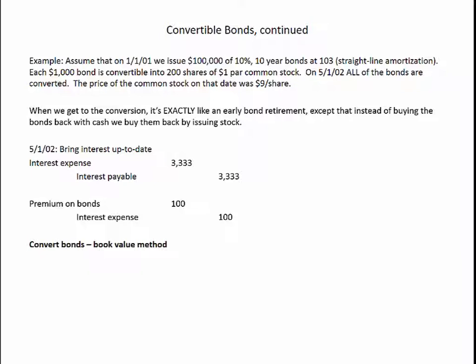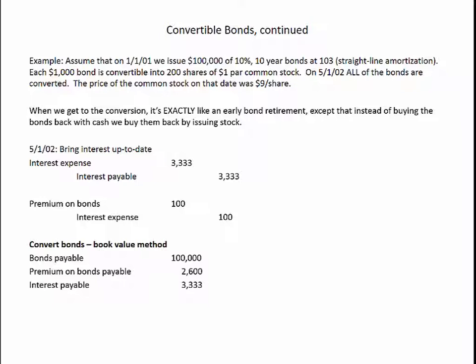Just as we did when we reacquired bonds for cash, we have to take the bonds payable off the balance sheet. We're going to take the remaining premium off the balance sheet, and the premium started at $3,000. We amortized $300 last year, we amortized $100 a minute ago, and so we've amortized $400, so there's $2,600 left. We're also going to satisfy that interest payable liability. If you add those three things together, we're satisfying